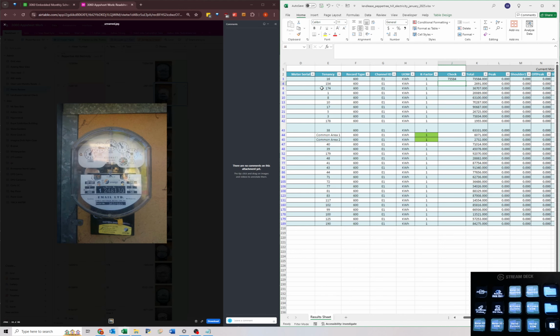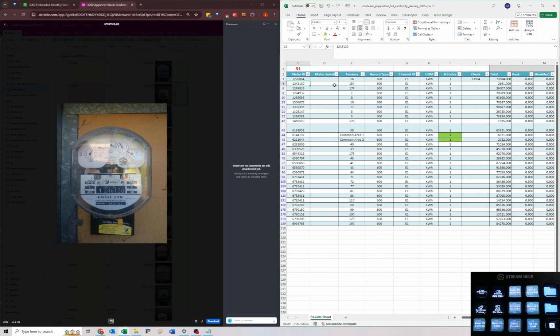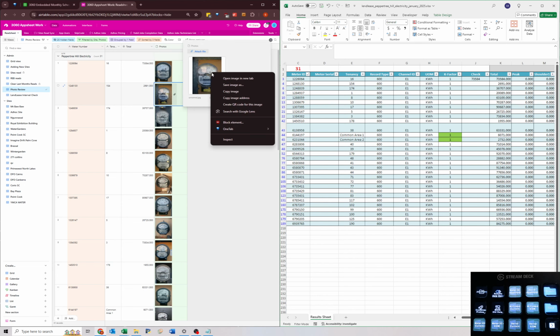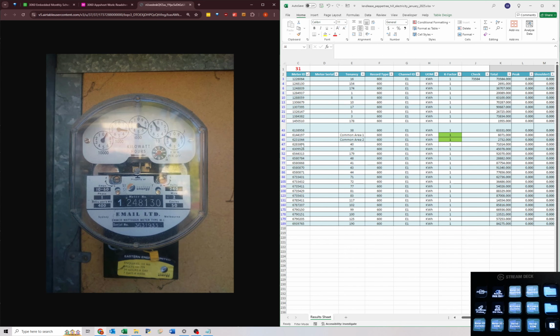Double check the meter number as well. Yep, double check the meter number, 130. Okay. I can see this first one. I'm just going to right click, open a new tab to make it a bit bigger. This one is a bit iffy. I don't really trust it. I think it's passed already, but I'm going to go backwards just because it will make it a bit